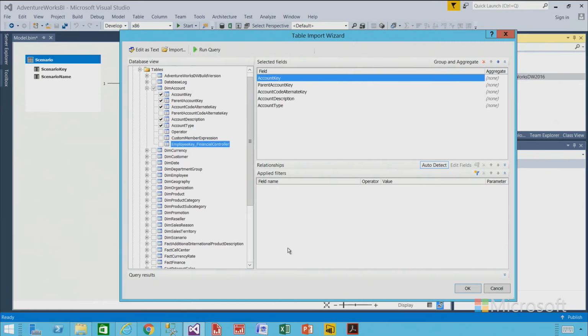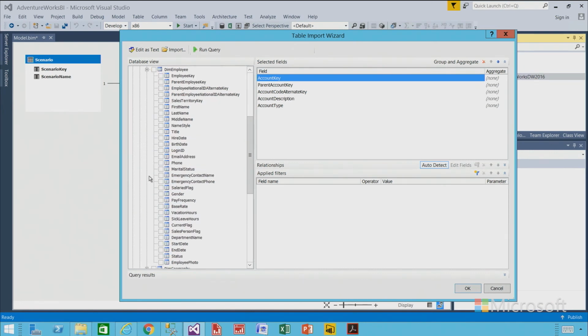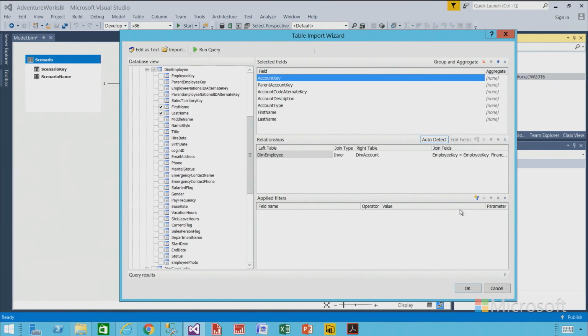Now note that the last column is an employee key describing the financial controller responsible for this particular account. That leads me to explore and see that I have the dim employee table, so let me introduce first name and last name. And then when I expand the relationships pane, let's have a look. When I run this query,